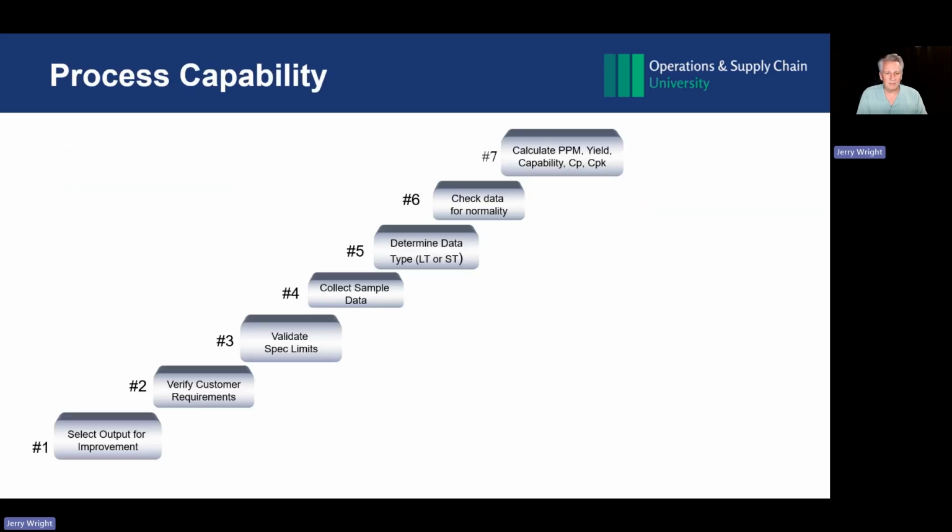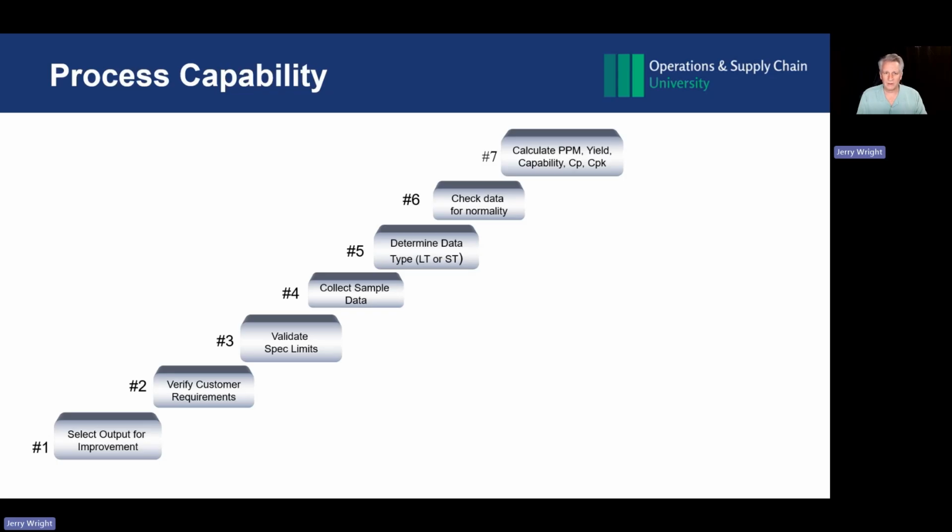So again, process capability, we want to, 1, select the output for improvement. In this case, it was the 15, 14, 15, 16 M&Ms. We verify our customer requirements. So in this case, it was 14 minimum, 16 maximum. We validate that we can hit those spec limits. And again, that's why we did the CPK experiment. Collect the data,